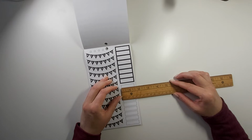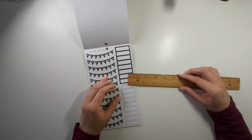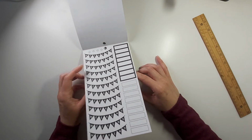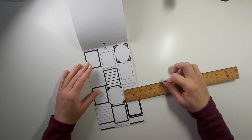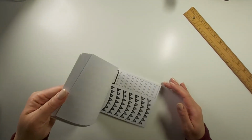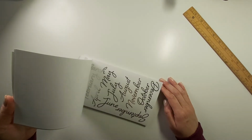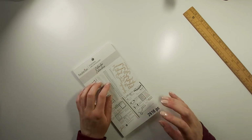They're like 1.5 inches. They are not like 1.5 inches, they are 1.5 inches. And then I'm assuming these are also 1.5 inches. Oh, and that's the last page. So, I mean, it's useful, it's functional, it's not super exciting, but